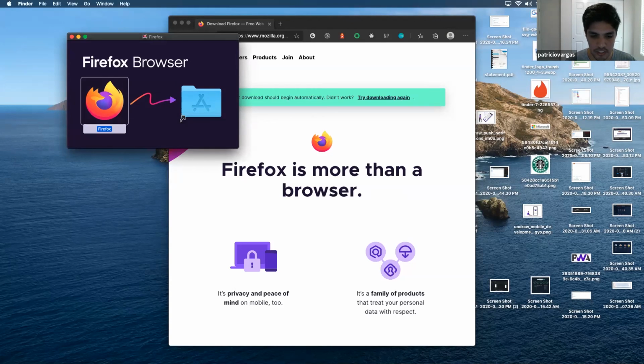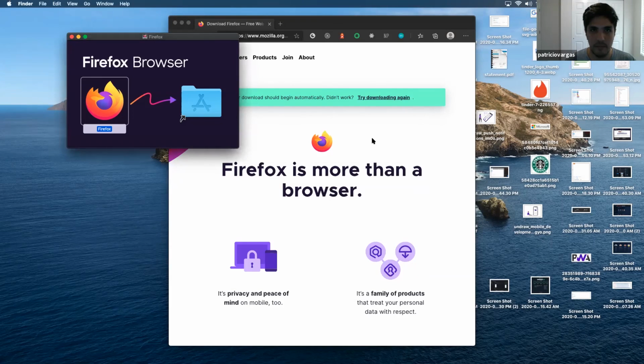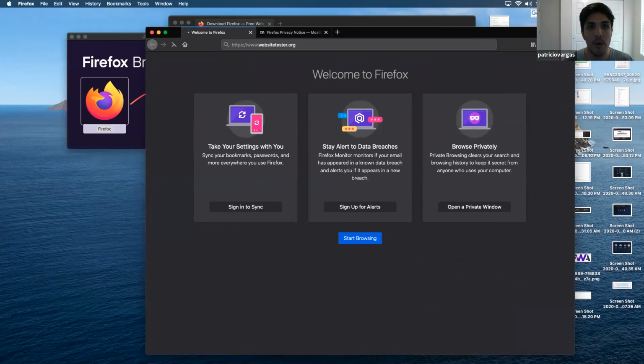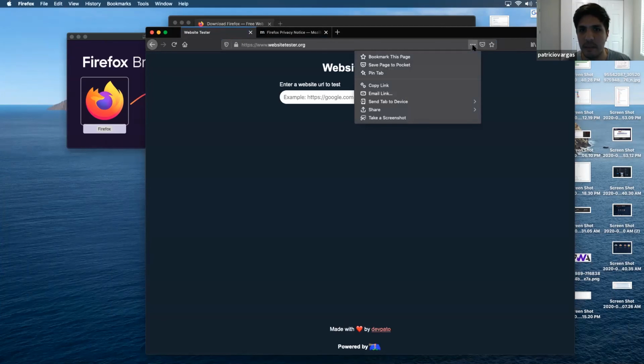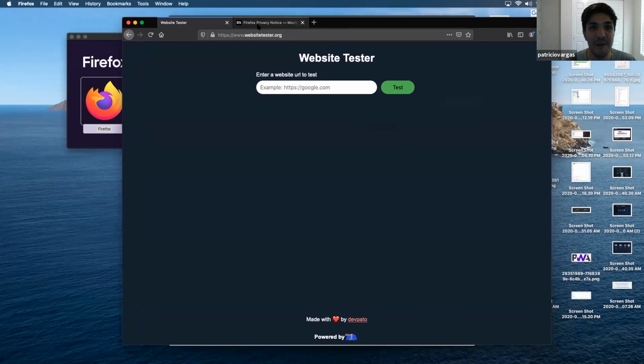So I just installed Firefox, the stock. It's opening. Let's see. Okay, so we have Firefox right here. So we go to the website, and I'm assuming save as a pocket, 3 dots. What is this? I mean, I never use Firefox, so let's see. I don't see the icon somewhere, but